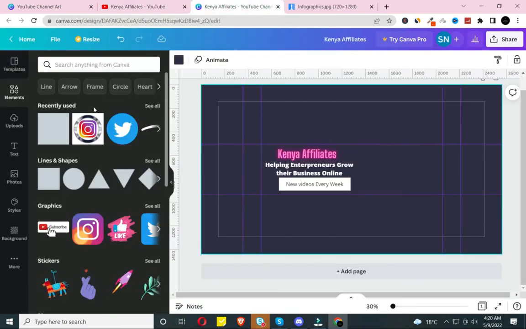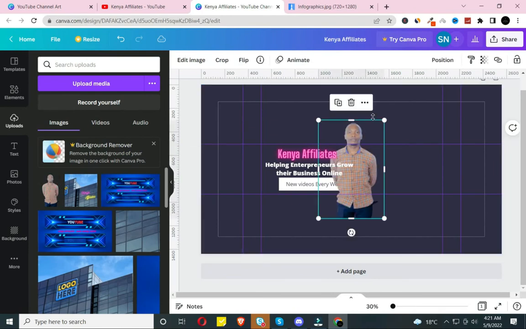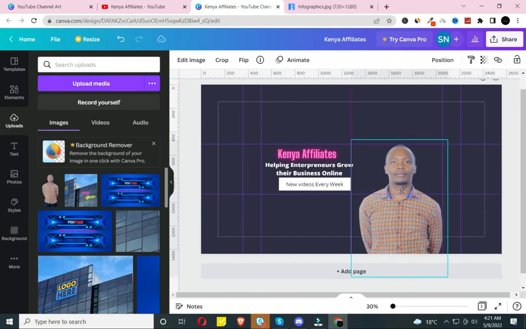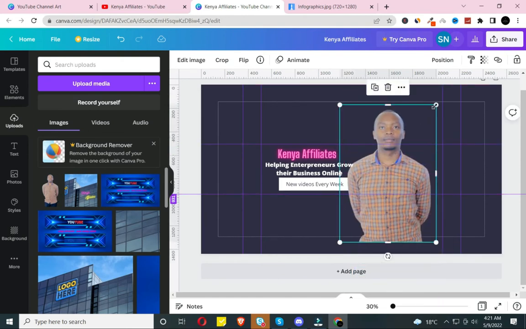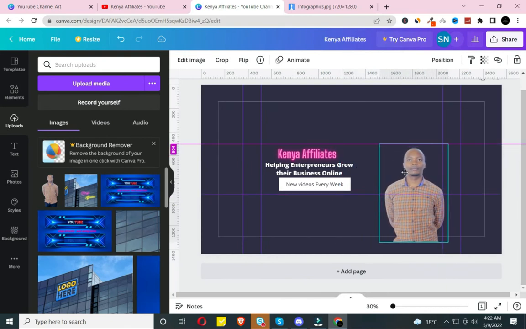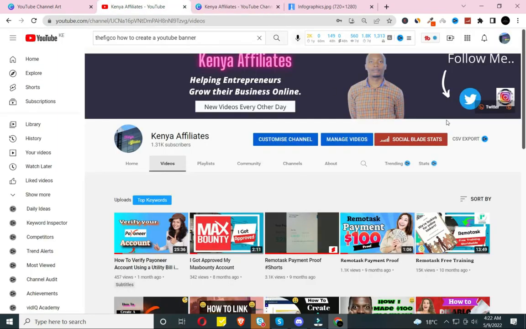I have a picture within my canva.com login. So in this case, I'm going to click on it and resize it. That one looks a bit bigger. What about if I resize it to that size? Then make sure it should be at the far end, visible on all devices. So we are done. What we now have is the follow me and the social media links.